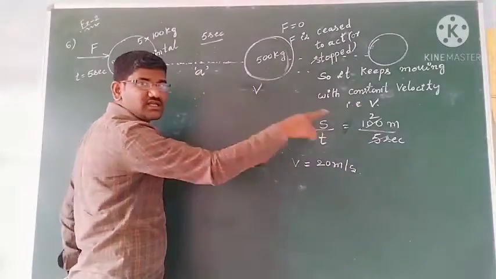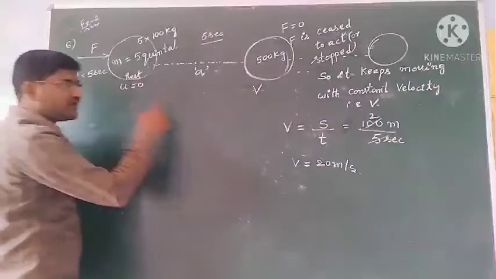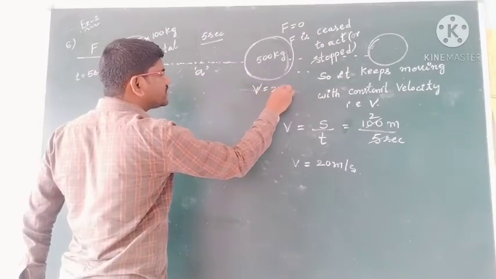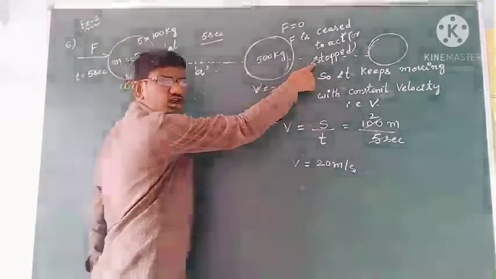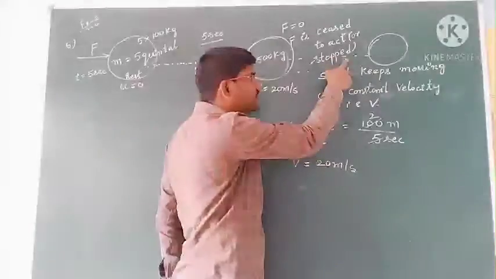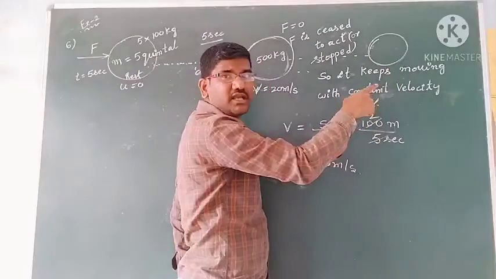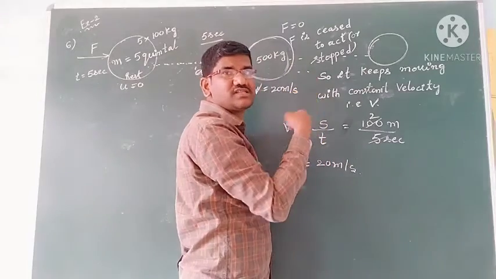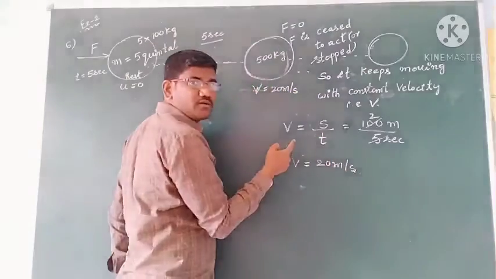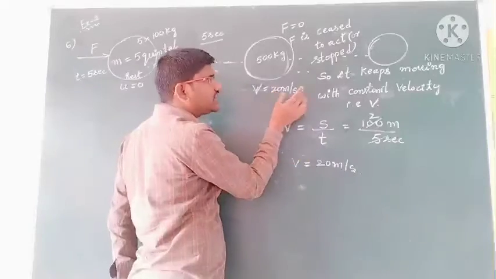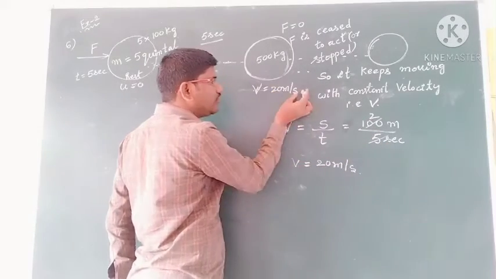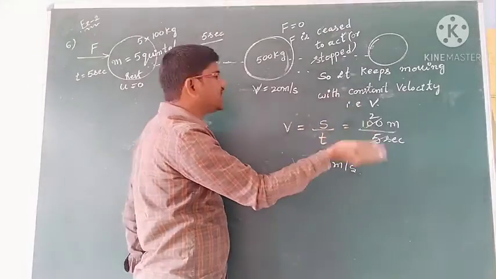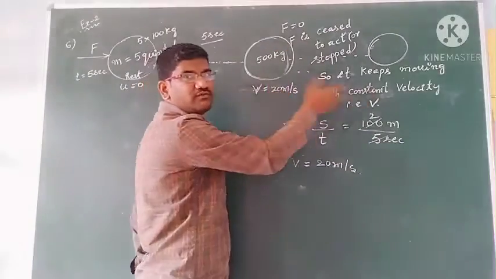So with this velocity it keeps on moving, and you know the initial velocity, you know the final velocity. So here also velocity how much? 20 meters per second only. And here also how much? 20 meters per second. Everywhere 20 meters per second. It keeps on moving with that constant velocity since the force has been withdrawn. Okay, students, so that's why with 20 meters per second, it traveled 100 meters in 5 seconds. In 1 second 20 meters, in 5 seconds it can travel 100 meters. If you give 10 seconds, it will go 200 meters. It is moving with a constant velocity.